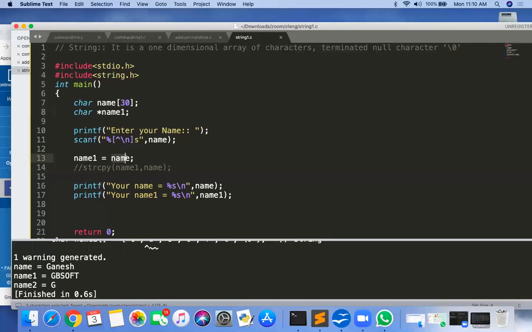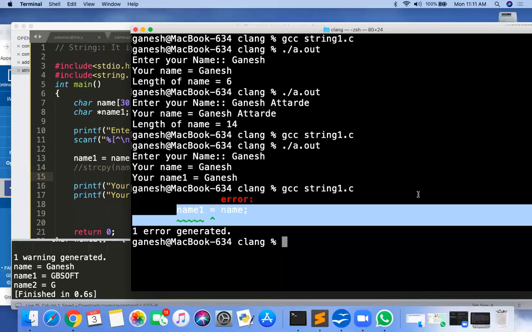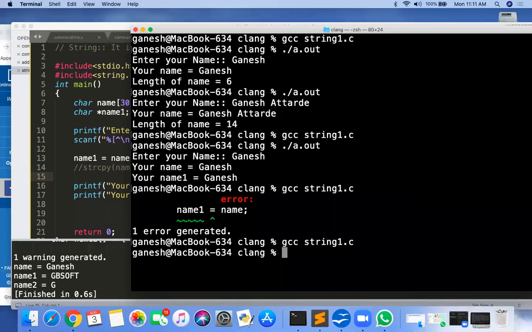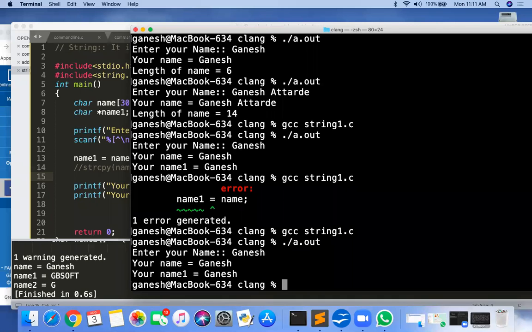So what you are doing is storing the starting address of name into the pointer name1. Now it is perfectly fine. If you run this program, it will not give any error, and you get the same output. Name Ganesh.